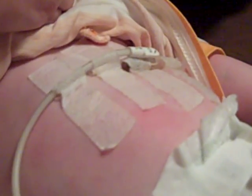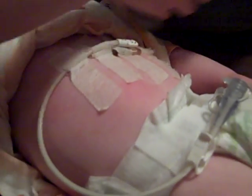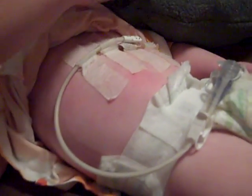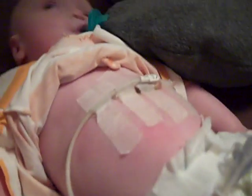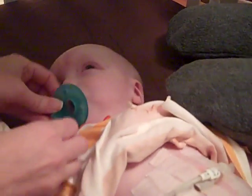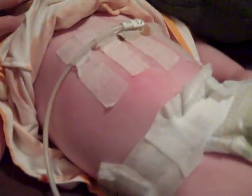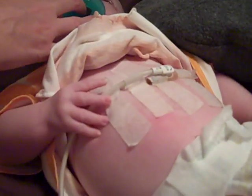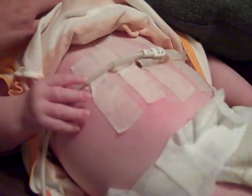So anyway, Benjamin loves his Binky, and so in order to get this accomplished without a crying child, we have to figure out a way to keep that Binky in there, but he usually will do pretty good. So the first thing we do is we have a moving target. But the first thing we do is we start with this detach adhesive remover. This stuff is really, really good at taking off this Me-Fix tape. The tape's pretty sticky, but basically the best way to do that